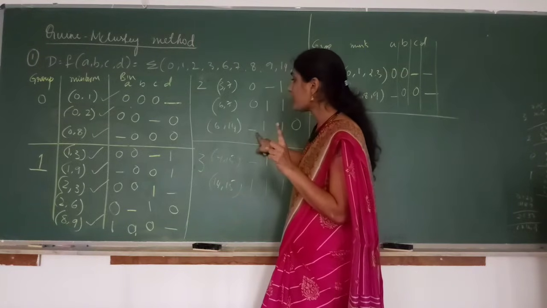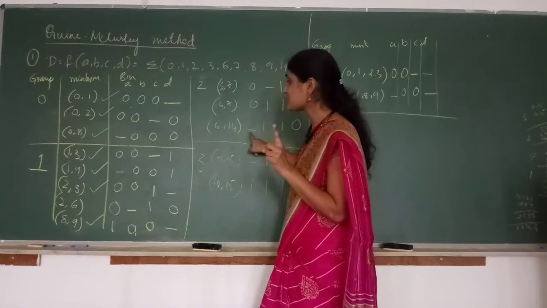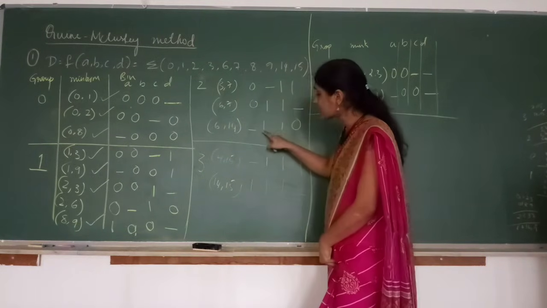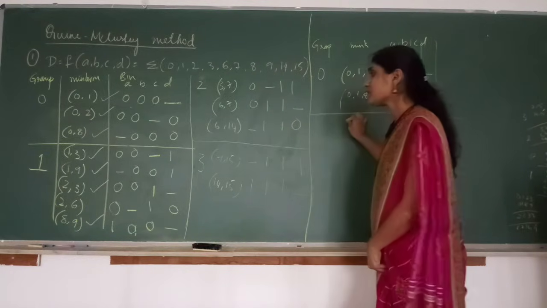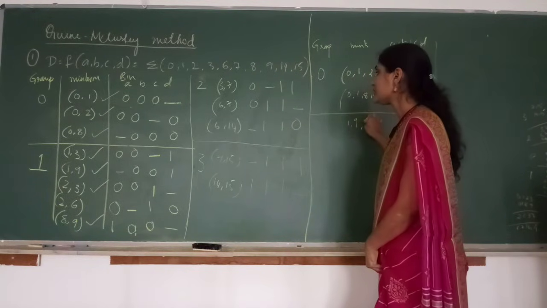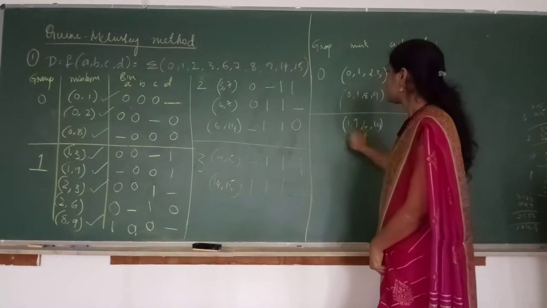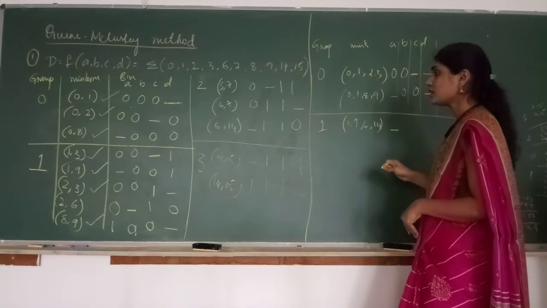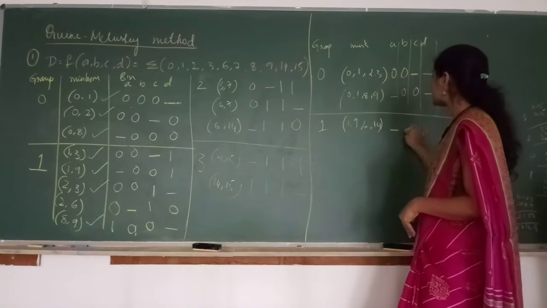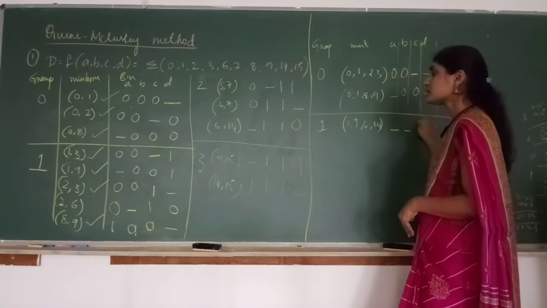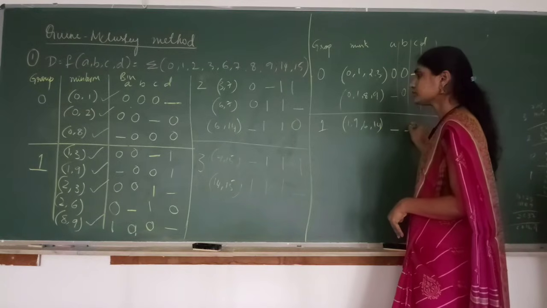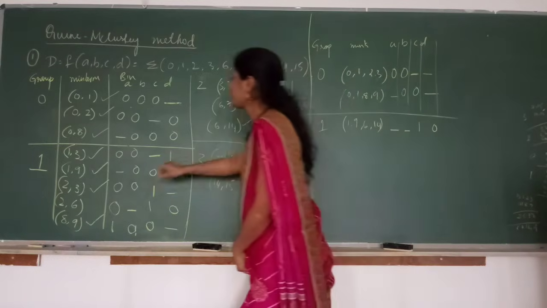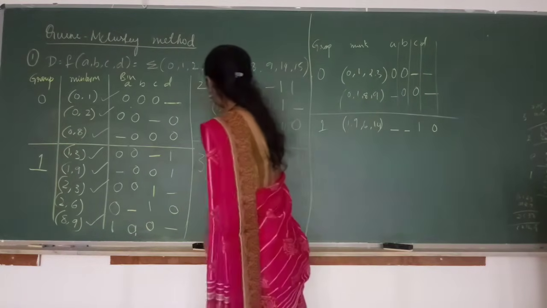So can I group 1, 9 with 6, 14? Dash is in the same position. 0, 0, 1. 1, 1, 0. So this is different. Only B is different. So I can group 1 and 9 with 6 and 14. Dash is in the same position. Only B is different, that is dash. So it is 1, 0. So tick 6, 14 and 1, 9. Okay. Now any other places?